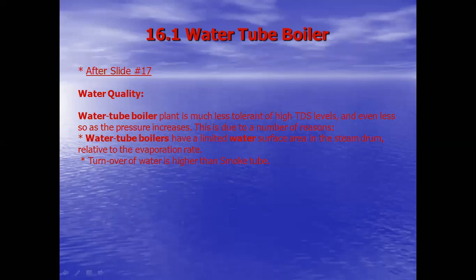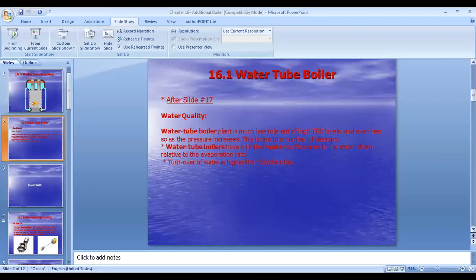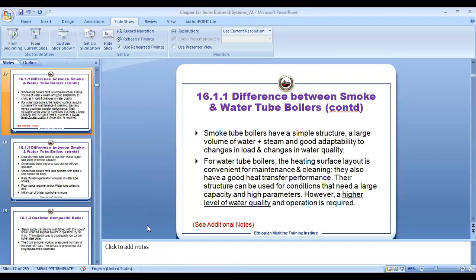And if your water quantity is much less, that means the amount of water which is evaporating into steam, going and doing whatever work it is required to do, and then coming back, the flow throughput inside the boiler is much higher. Since your throughput is much higher, if your total dissolved solids in the water is much higher, it is only the water which is evaporating. The dissolved solids remain back in the boiler itself, and they'll just keep accumulating in the boiler, and then the efficiency of the boiler will just keep dropping. Okay, let's go back to the original slide.